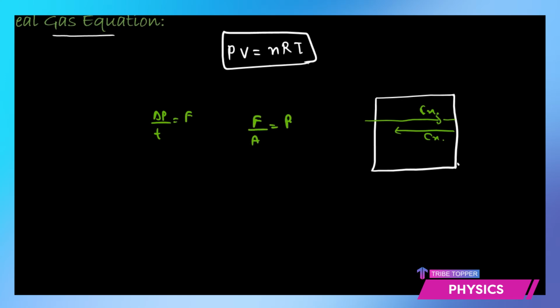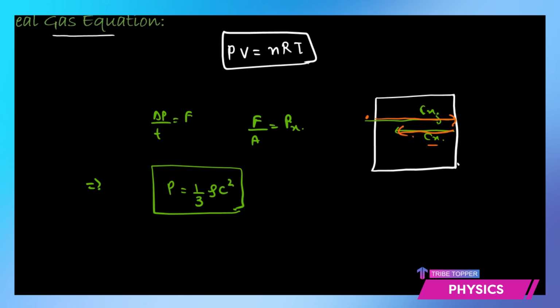And then we figure out that, suppose Px is the pressure for one particle along the x-axis, you average it out for all the particles along all the directions, and using all that we get another equation for an ideal gas, which says that P is equal to 1 by 3 rho c squared. We don't really need to know how you reach this equation, but yes, the basic concept you should know: we consider the motion of one particle along the x-axis, how it goes to the right, then it bounces back, it's a perfectly elastic collision.